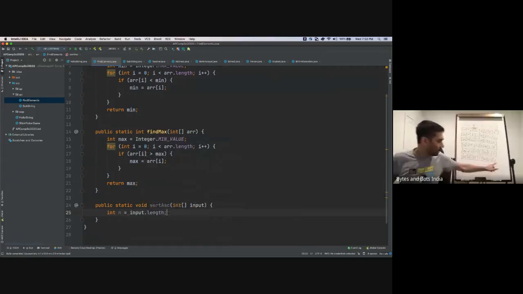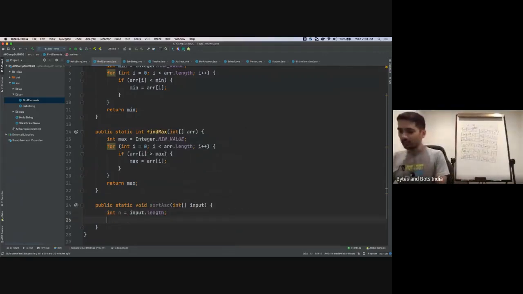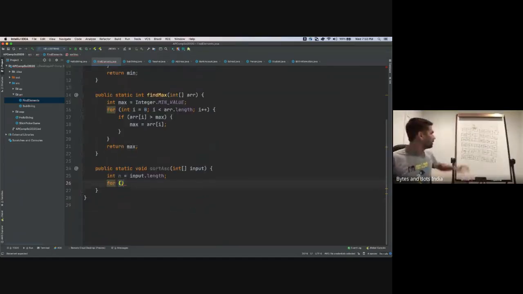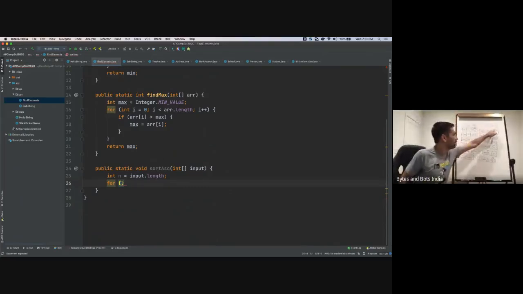So I know every time where to start. So I need to start at n. Now, how do I go in the loop? So I start at the end and I go all the way to 0, right? So let's say